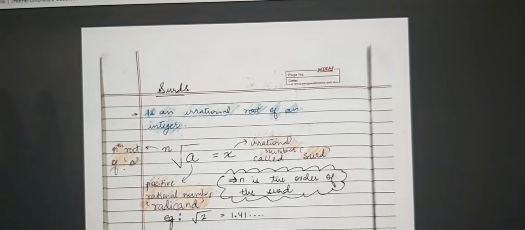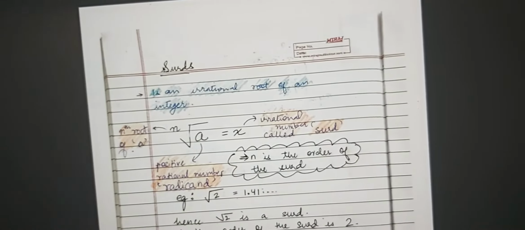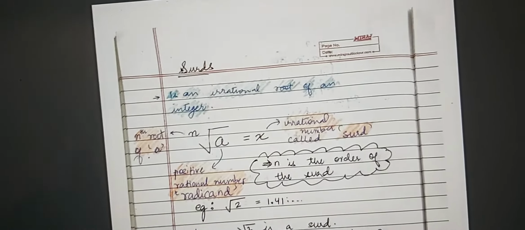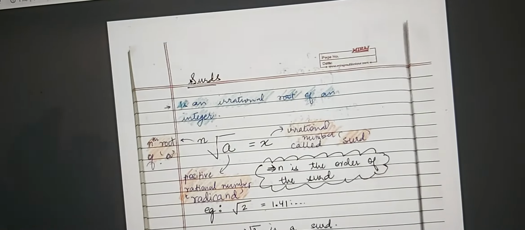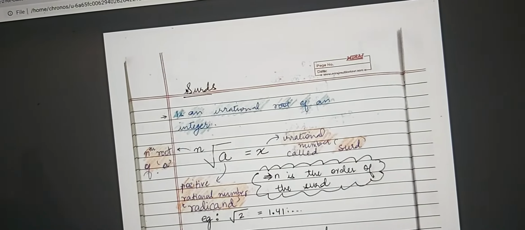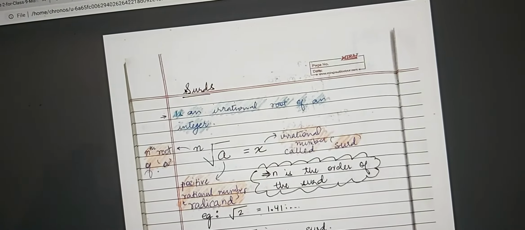Okay, this is a completely new topic. We've never heard of this. SURDS, surds. Now, what is a surd? A surd is an irrational root of an integer. Okay, थोड़ा सा confusing. Irrational root का क्या मतलब है? Integer. We have to go back, check our notes. So we're going to see what it should look like. ठीक है?